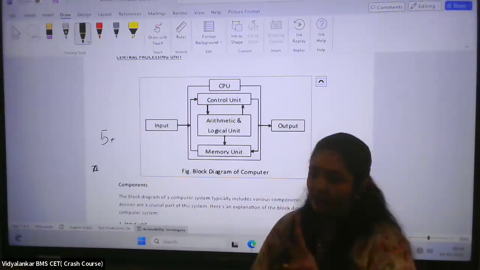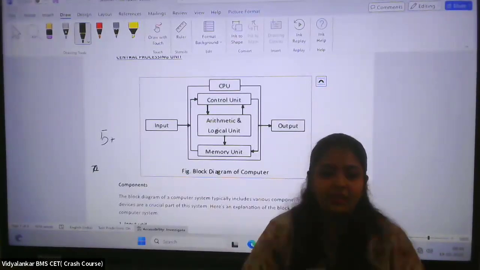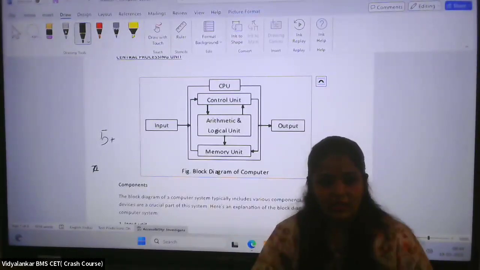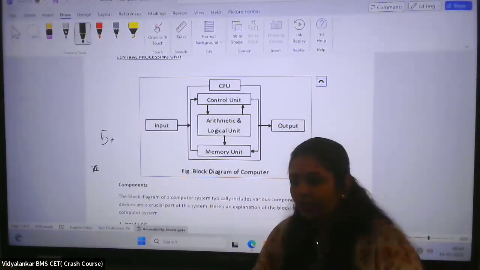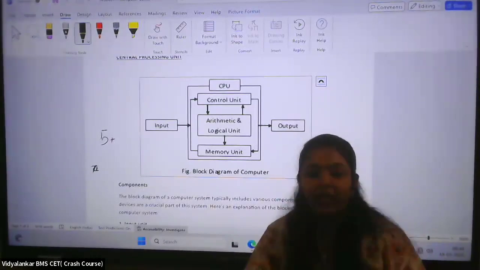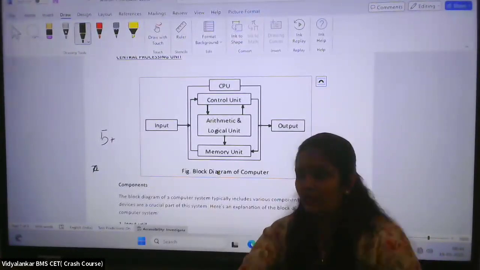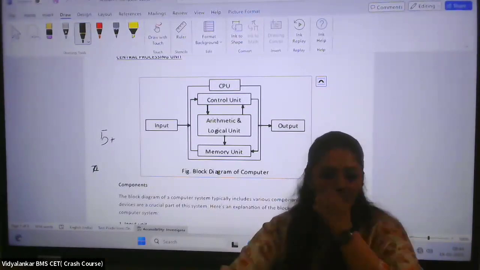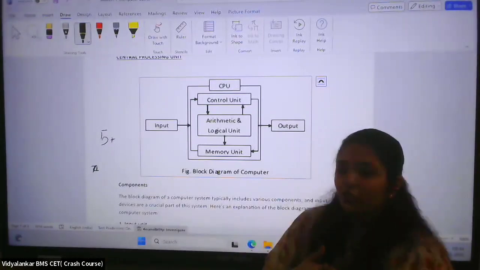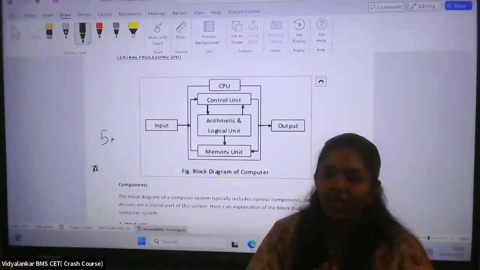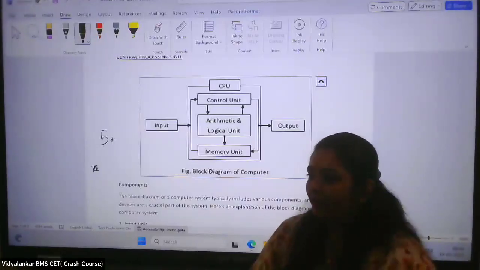Now this bus is of 3 types. Now if I tell you that the first bus is called as a data bus, second bus is called as the address bus, and the third bus is called as the control bus. Now if I talk about the data bus, then as the name says, क्या कैरी करेगा, बस है मतलब वो कैरियर है, source to destination सिग्नल्स कैरी करता रहेगा। तो एज आई टोल्ड यू, डेटा बस नाम है तो क्या कैरी करेगा, डेटा। एड्रेस बस है तो क्या कैरी करेगा, एड्रेस, ठीक है। कंट्रोल बस को फिलहाल साइड में रख देते हैं।